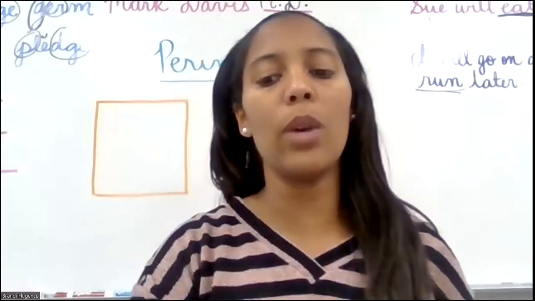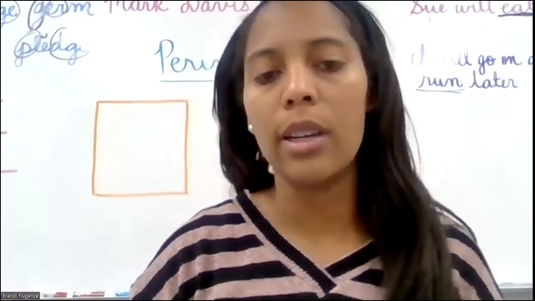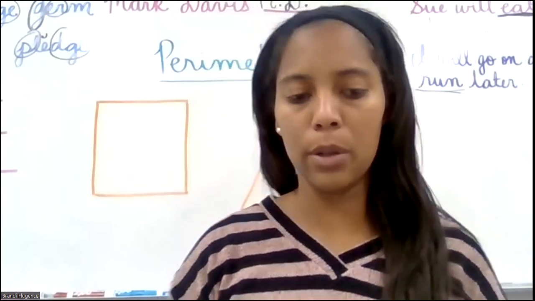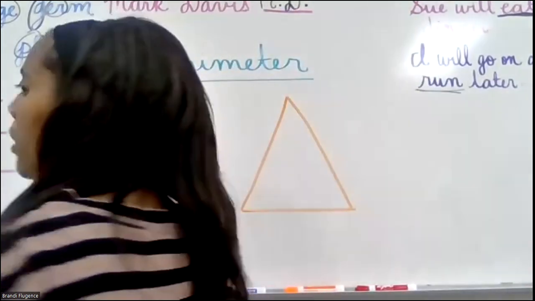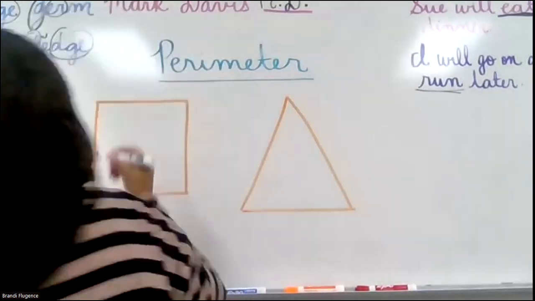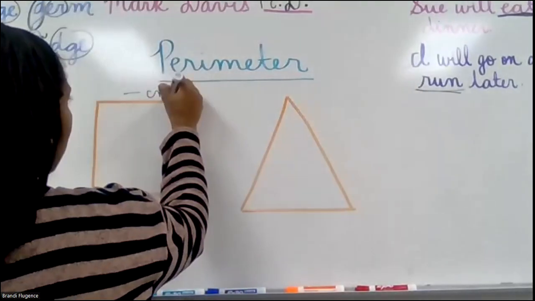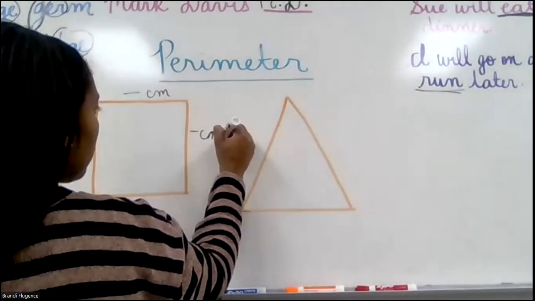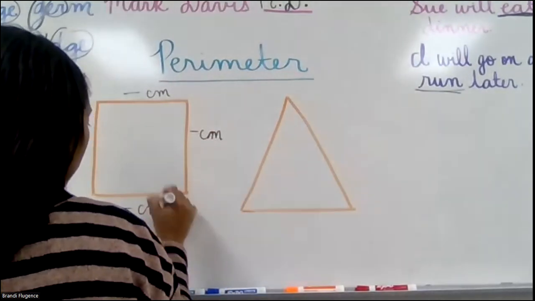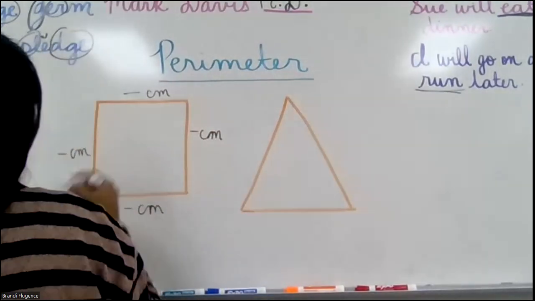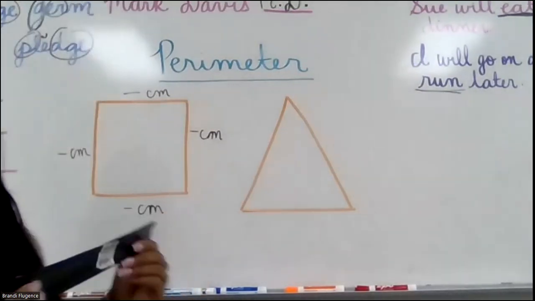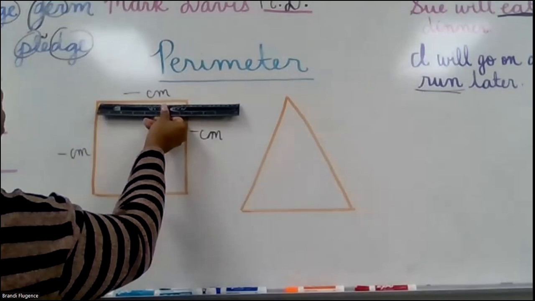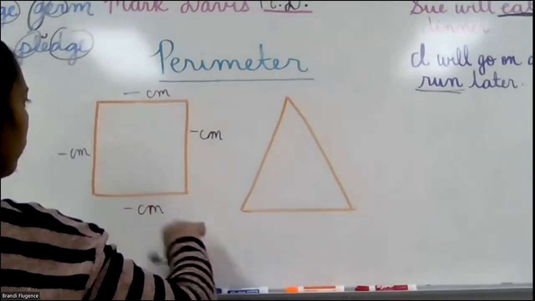So I'll go ahead and show you what that looks like and how it works to find the perimeter of a shape, okay? So first thing you'll do is measure the sides of each shape, each side of the shape, okay? So what that looks like, I'm going to start measuring. So I'm going to do this one. This one is 10.